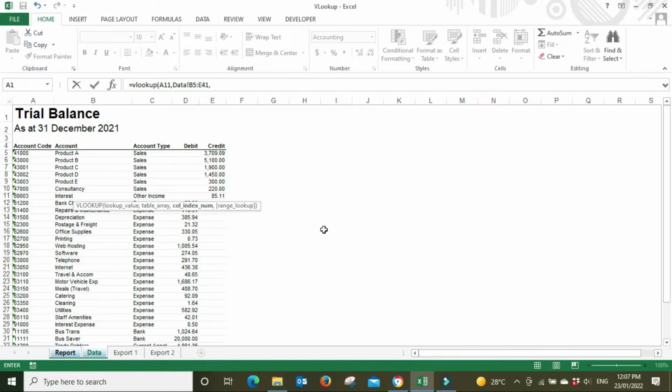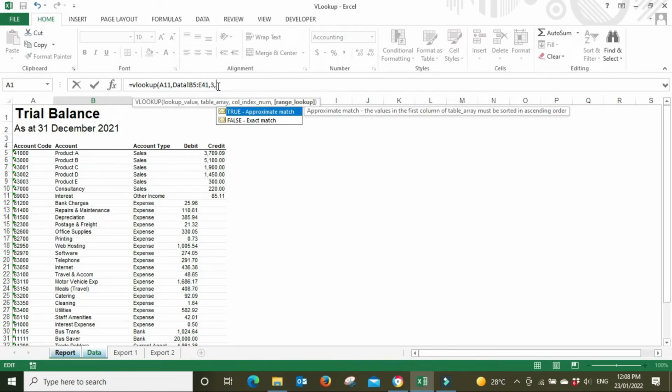So we're going to go comma, and now it goes column index number. So we highlighted this table here, and now we've got to select the column which it's going to look up from, or return the value from. And that's done in numerical numbers starting from the left-hand side. So we're looking up the table here, which is cell B5 to E41, so that's B to E. And we want these values here for the expenses. So it's the 1, 2, 3, third column from the left. So we can put a 3 in here,